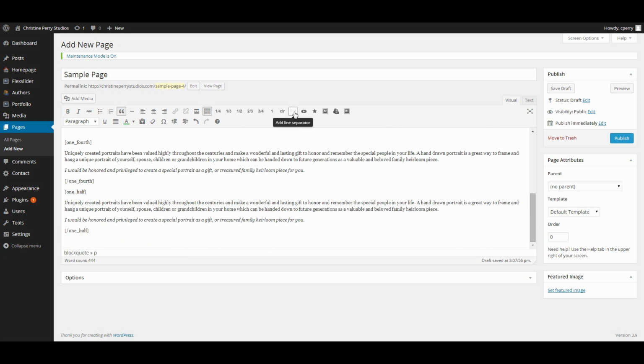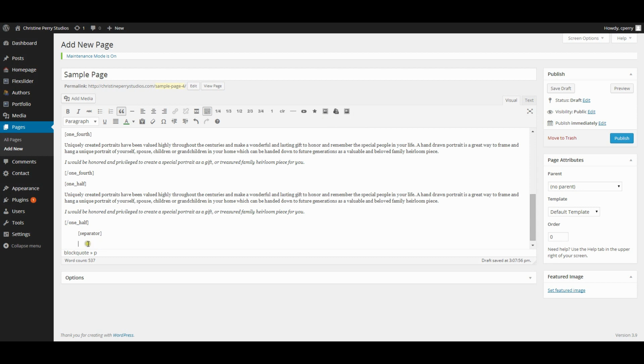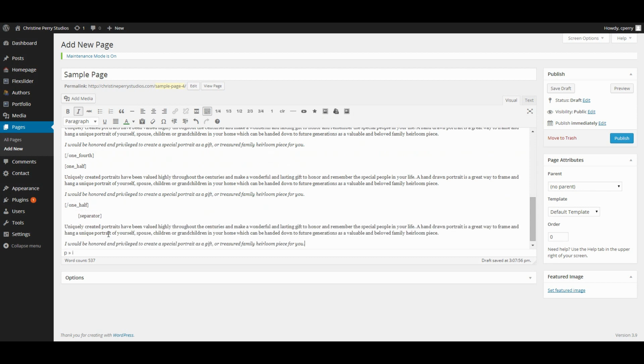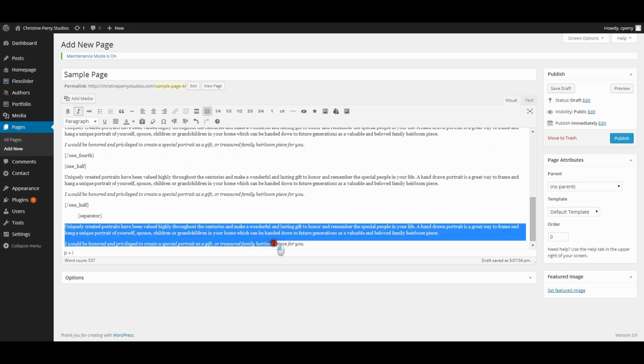Going on to the next tool, it's a line separator. It's a horizontal line, but it doesn't take up the whole page. The rest of these icons, I'm going to show you how to copy and paste those from another page a little bit later. Click Enter, paste some more code, and I want this particular code